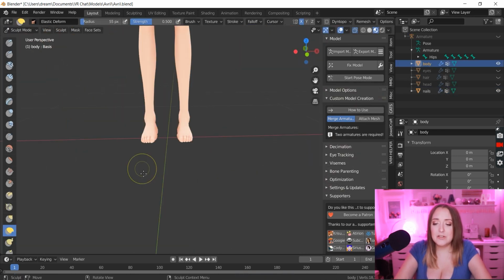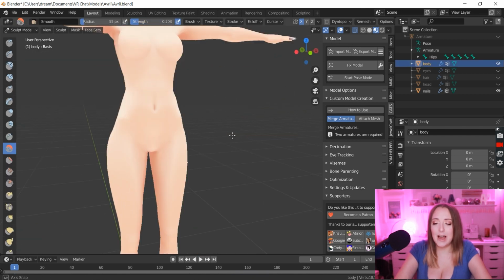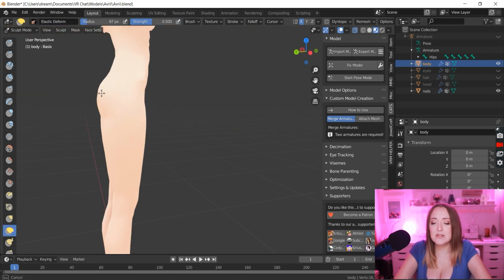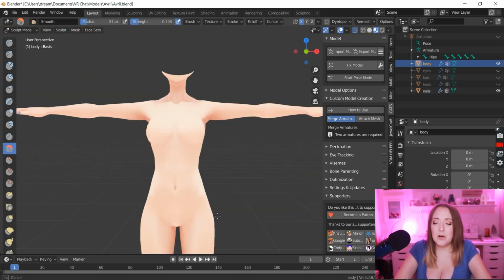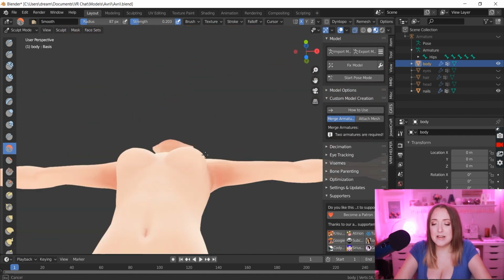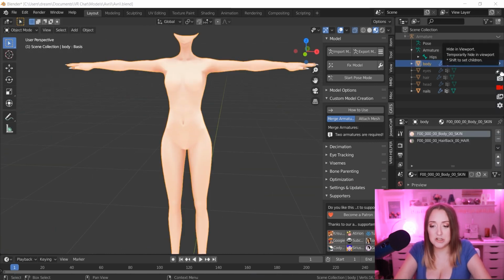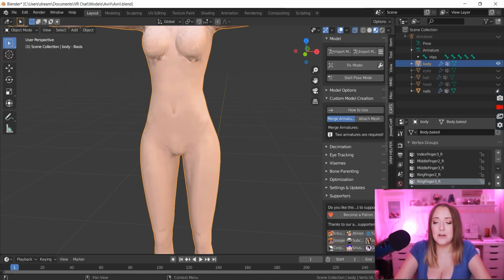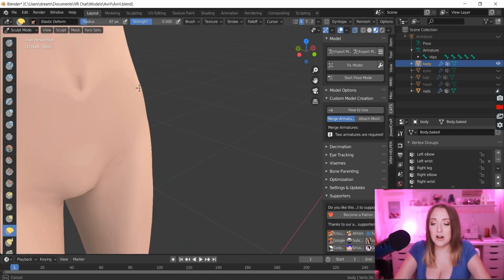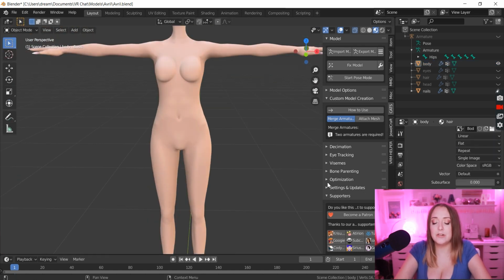Then all I have to do is make some adjustments using the sculpt tool, because I never really like how it comes out of there. So I usually will subdivide the body, and then I'll use the sculpt tool to tweak here and there, smooth things out, make it seamless, because I really don't like the jaggedy, super low poly version that I get, so I like to make it my own. Then I'm going to add my own texture on her and smooth her all out. I'm going to do a little bit more adjusting here and there so it looks a lot like Avril Lavigne's body.